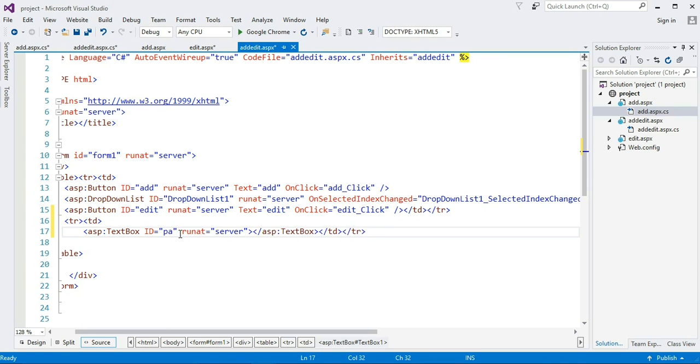Give it ID pass value. This is the text box where I want to store my drop down list value.